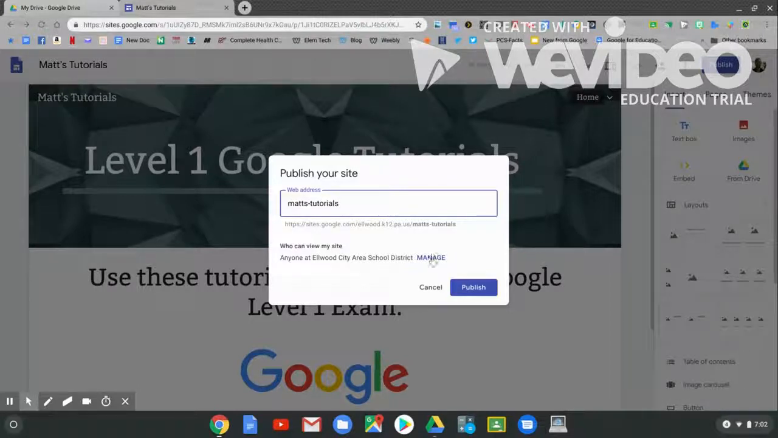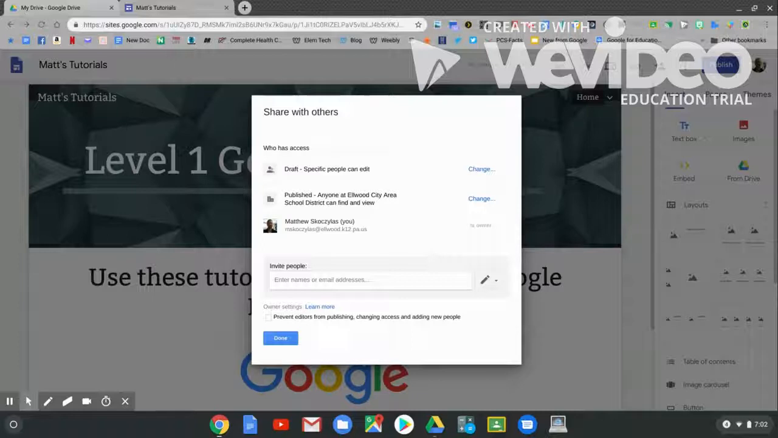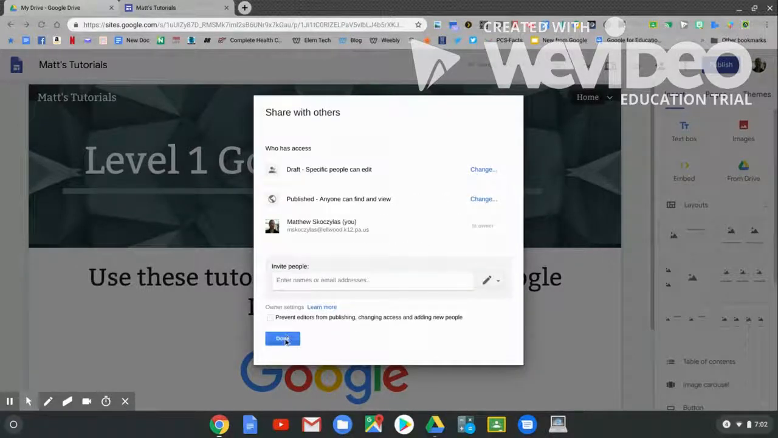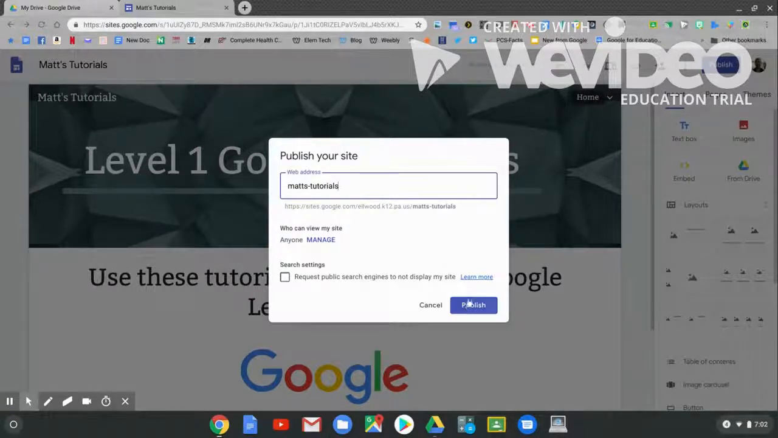I'm going to choose Manage. I'm going to go to Change. And I want everybody to find my site. I'm going to choose Anyone can find and view the published version and click Save. And done. Last thing that I can do is choose Publish, and it's going to publish my website so anybody